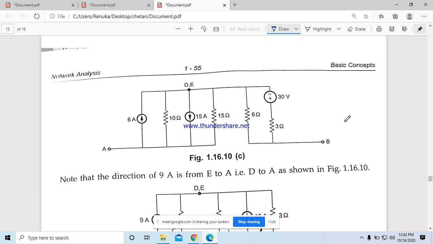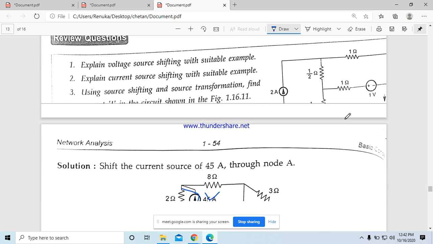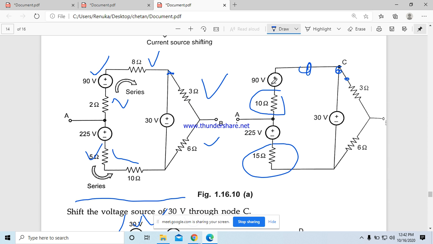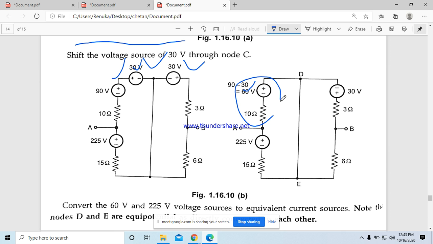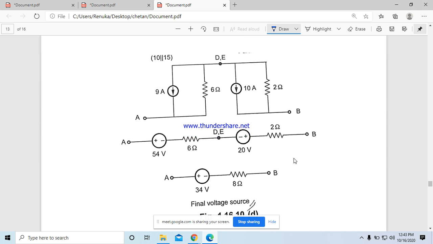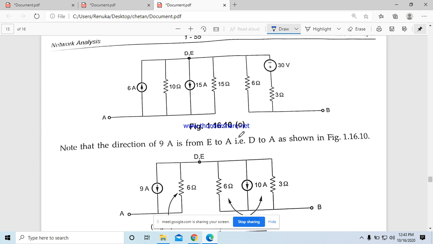Next, what they have done, they have converted voltage source into current source once again. Here they have a voltage source. Here they have a voltage source. Convert this one into current source. If you convert this one into current source, you will get one current source that is parallel with 10 ohm. Here also you will get another current source that is parallel with 15 ohm. Here you will get a current source parallel with the 15 ohm and this is 6 ohm, 6 ampere is